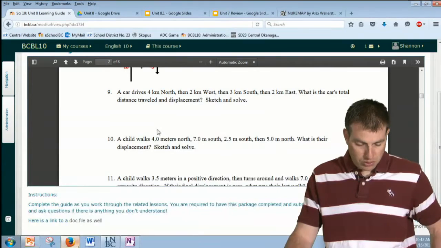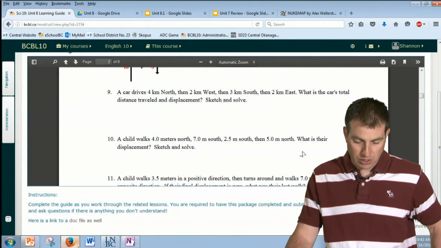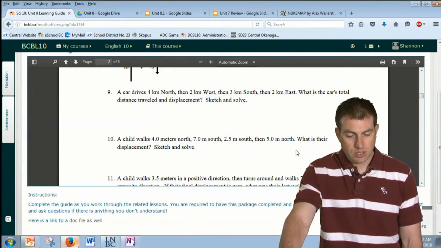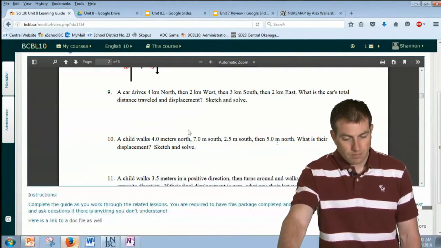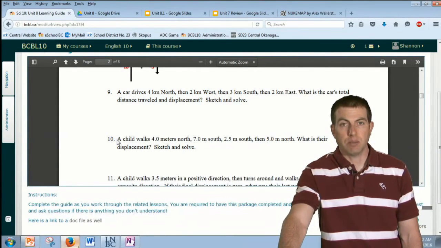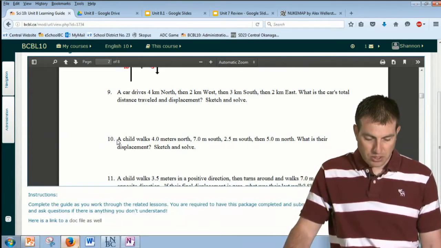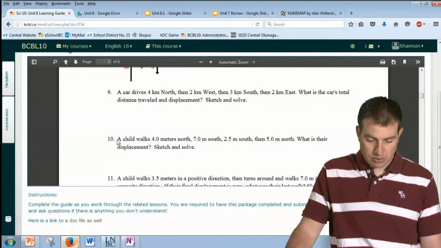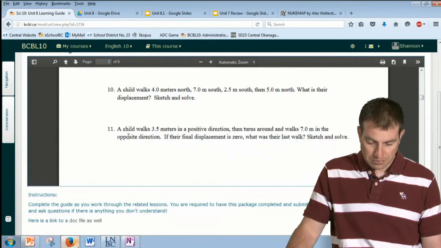And this is really similar to the question we just did. 4 meters north, 7 meters south, 2.5 meters south, and 5 meters north. So see what you can do there. Maybe now that I've done that example, Taylor, you may be a bit more prepared to do that. I'll maybe take it up next day. And if you guys have some questions with this sort of stuff,